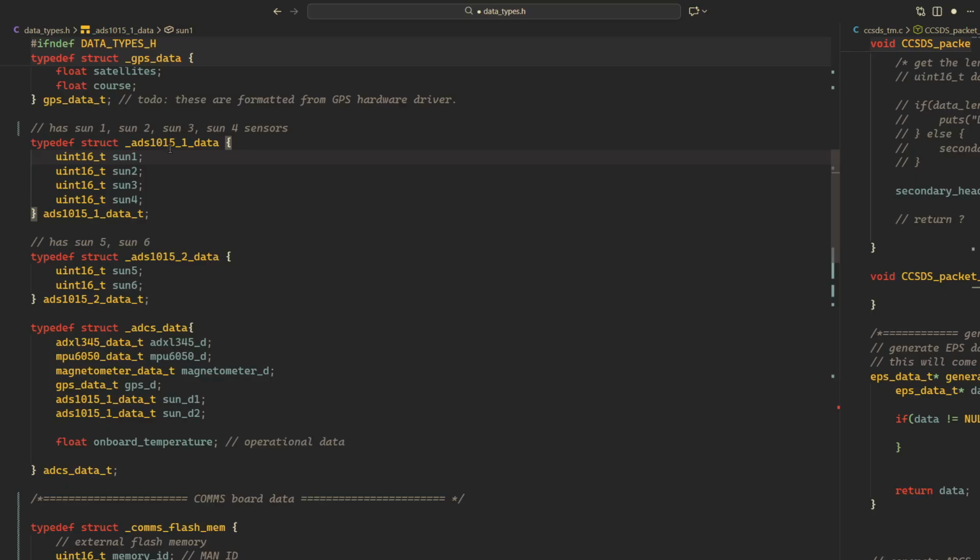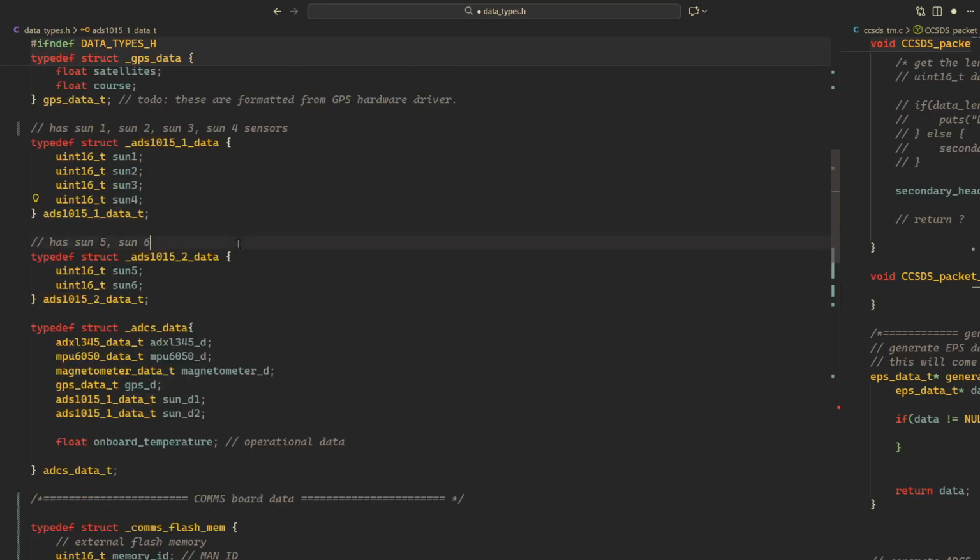You can use the internal ADC, but I choose an external ADC simply because it will allow me to connect the ADC and the MCU using only 2 wires. That's I2C, right? SDA and SCL. If I had to use direct ADC on the MCU, I would use 4 pins for the first 4 solar panels, which is inefficient. So I have the ADS1015